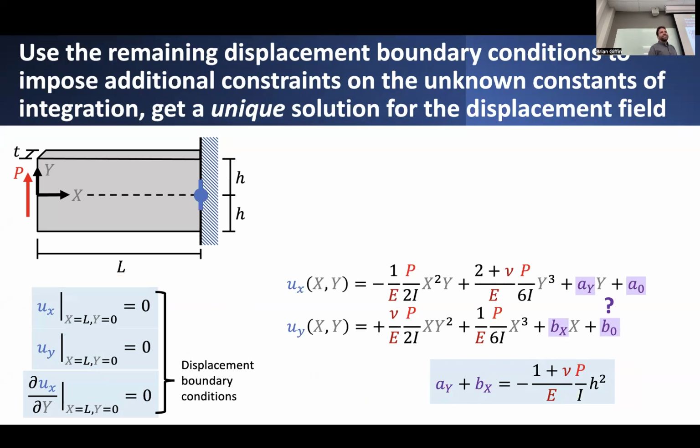I'll reflect on exactly how these different terms come about, but it's somewhat similar to how you might constrain, let's say, a cantilever beam by taking some individual point, some concentrated point right on the end of this beam and saying, I'm going to hold this point fixed. I'm not going to allow it to displace in the x direction or the y direction, and I'm not going to allow it to rotate either. So those three conditions, preventing rigid motion in the x and y directions and preventing rotation, are effectively what these three expressions are saying. The displacement at this point should be equal to 0 in the x and y directions, and also